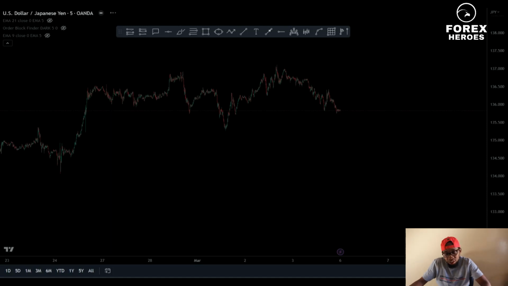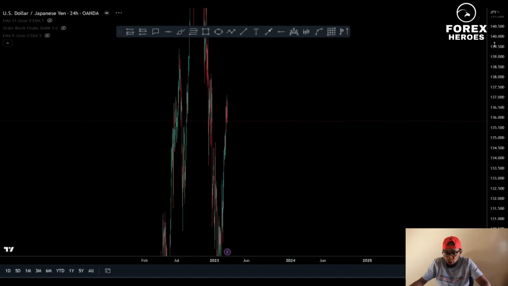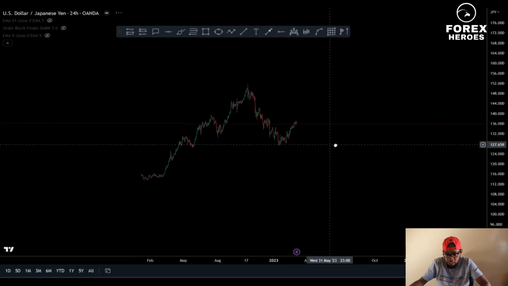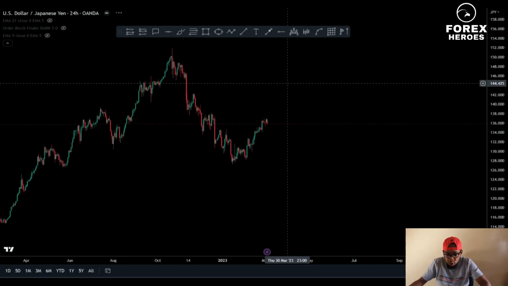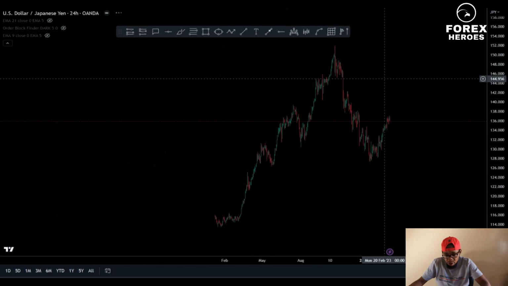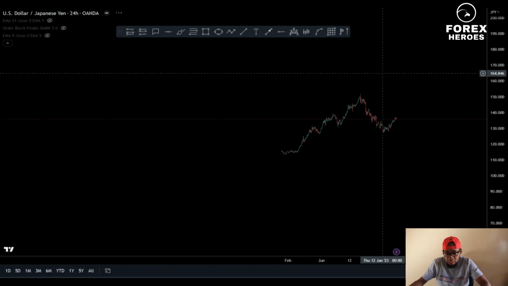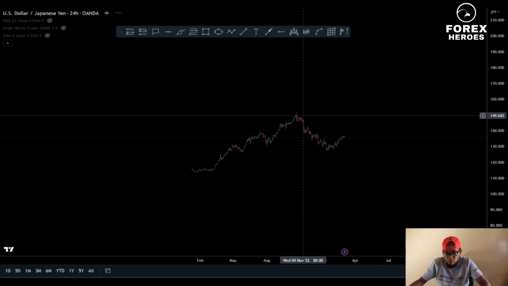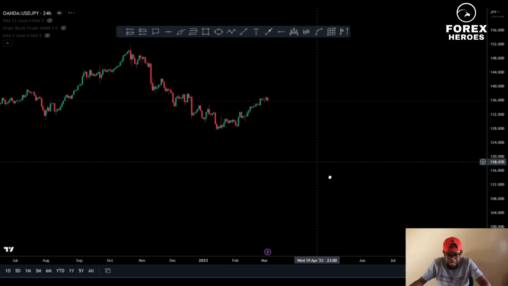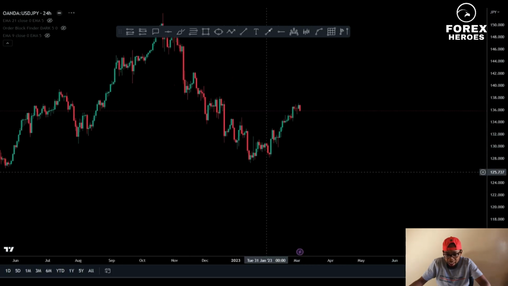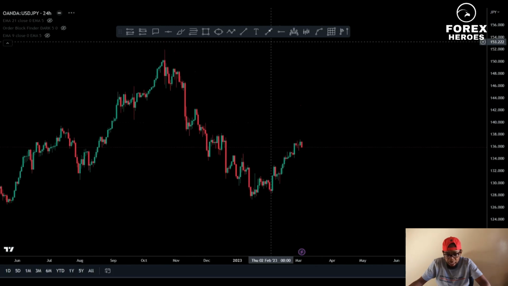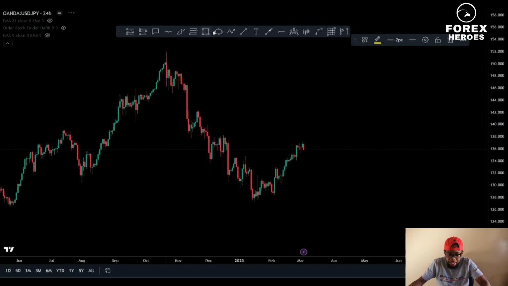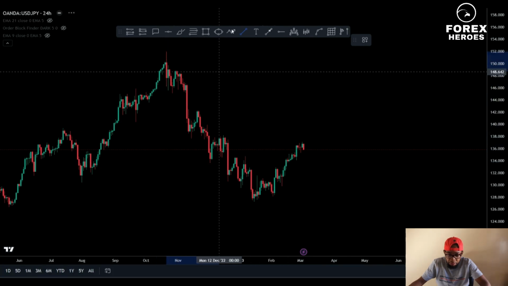I'm going to start now on the higher time frame, which is the daily. I'd like to show you how you can capitalize and make sure that you take the right trades. The most important thing you need to be aware of is to follow your trend. Now you can see we had a major bullish trend. At the moment we had this trend in a downtrend, but currently we are looking at this because you can see it's pushing to the upside. Yes, you can see that we had this break.